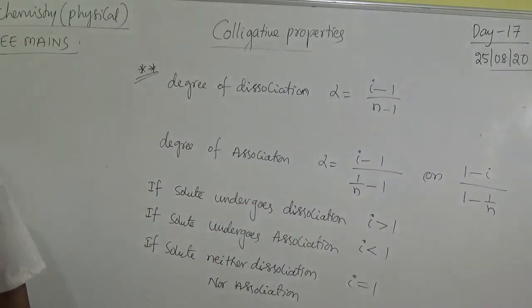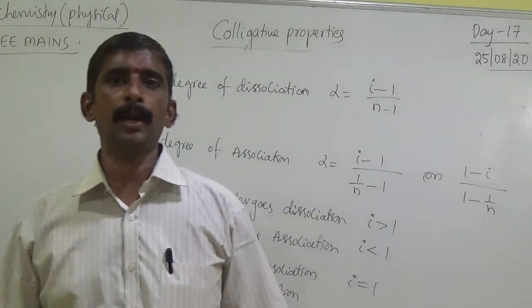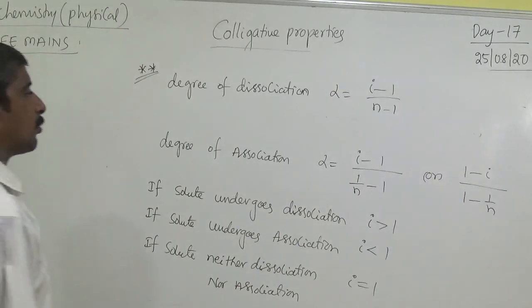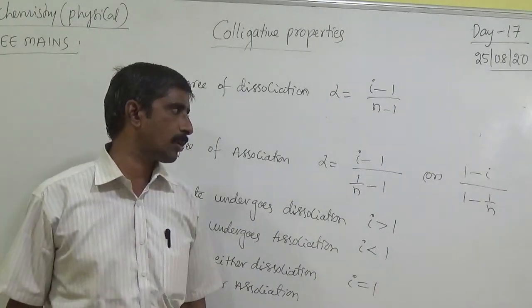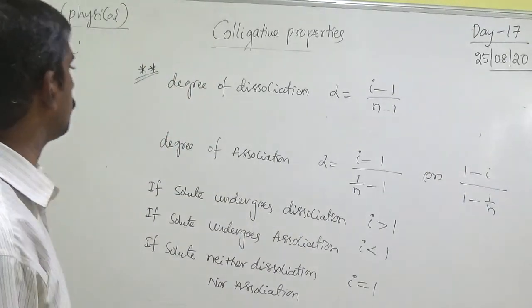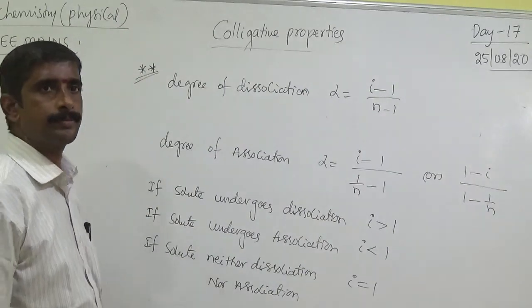And another one, write down these points. Degree of dissociation formula, alpha equal to (i minus 1) by (n minus 1). Here n means number of particles, i means van't Hoff factor. And degree of association, alpha equal to (i minus 1) by (n minus 1), or (1 minus i) by (1 minus 1 by n). So these are degree of dissociation, degree of association. Next,